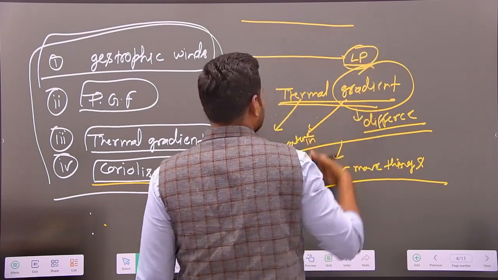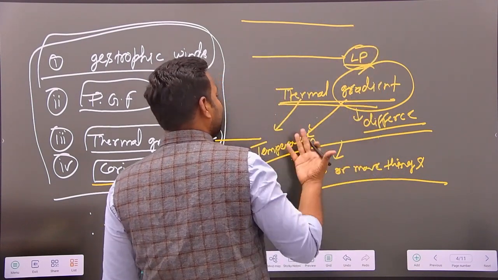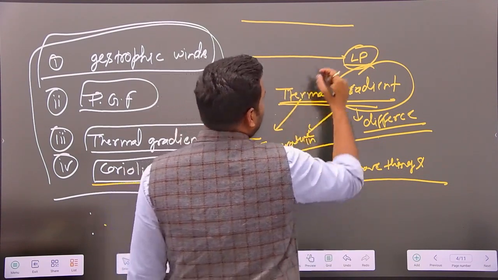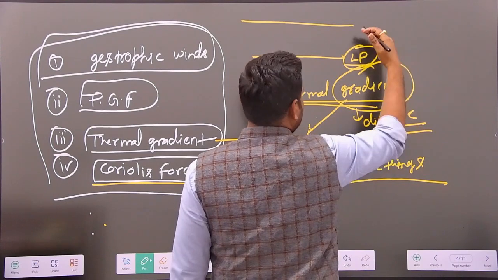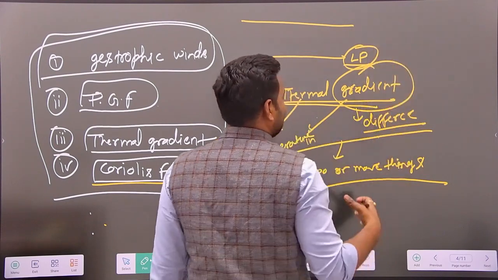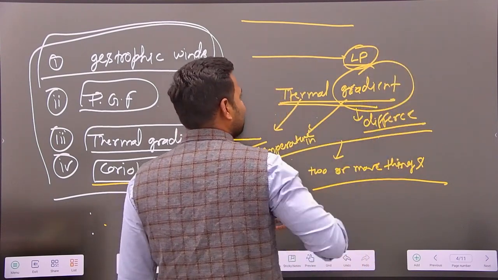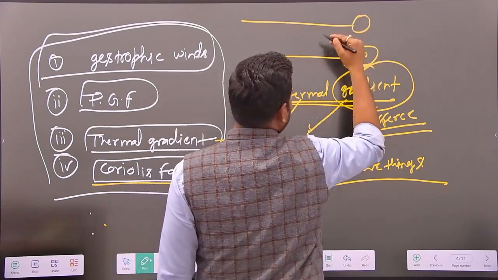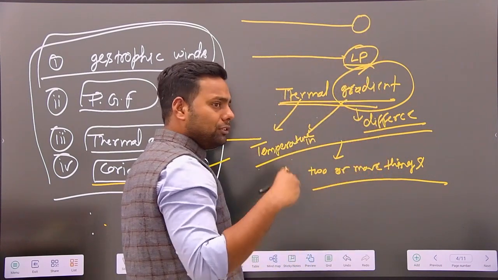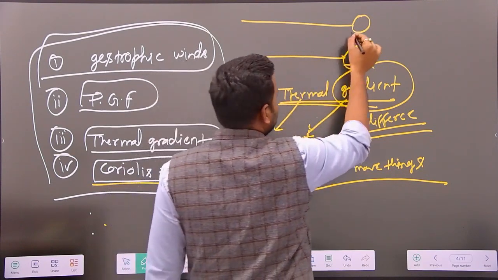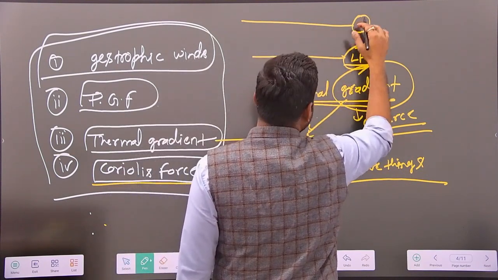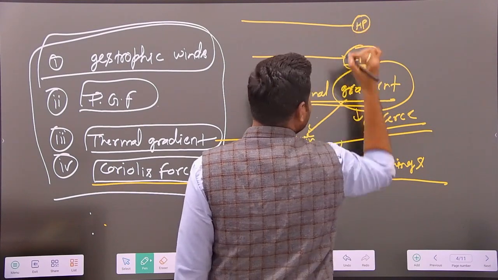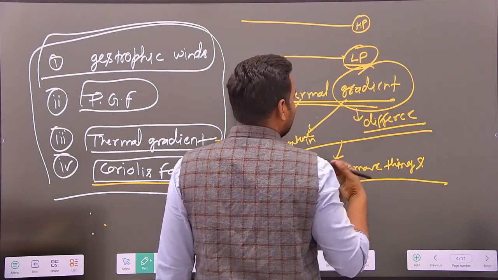In the subpolar regions, or the higher latitudes, when we move from lower to higher latitudes, the sun rays are more inclined and the slantiness of the sun rays is more. Due to this the amount of insolation is lower, so there is less temperature, and due to this there is a high pressure.